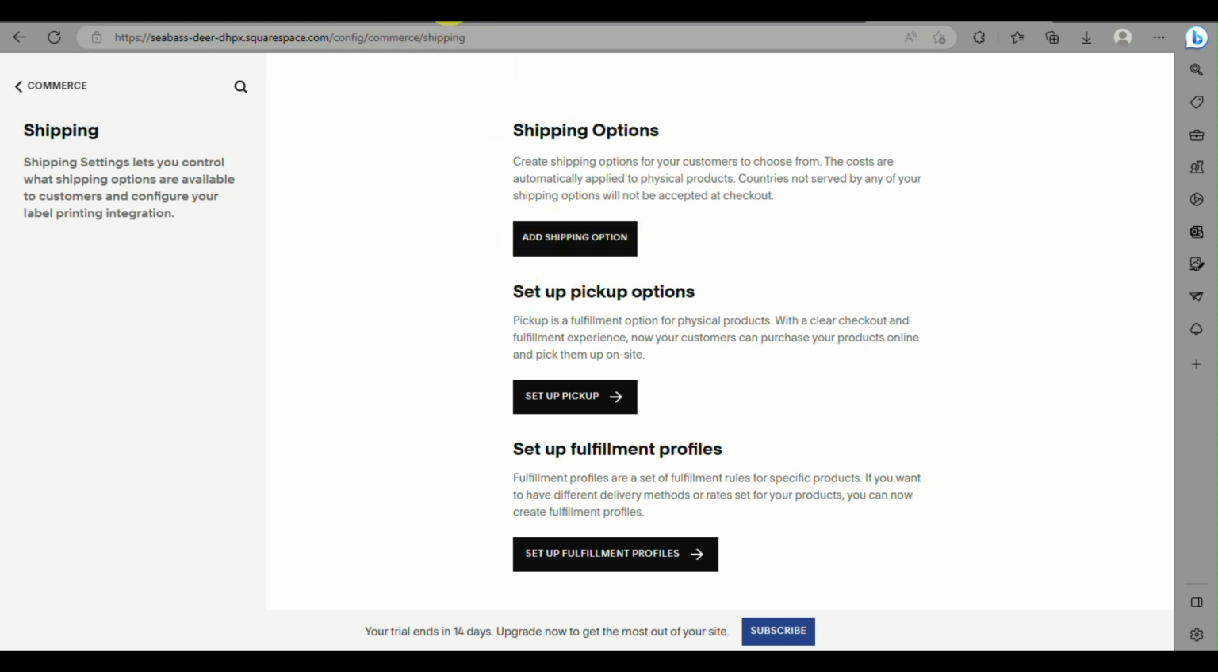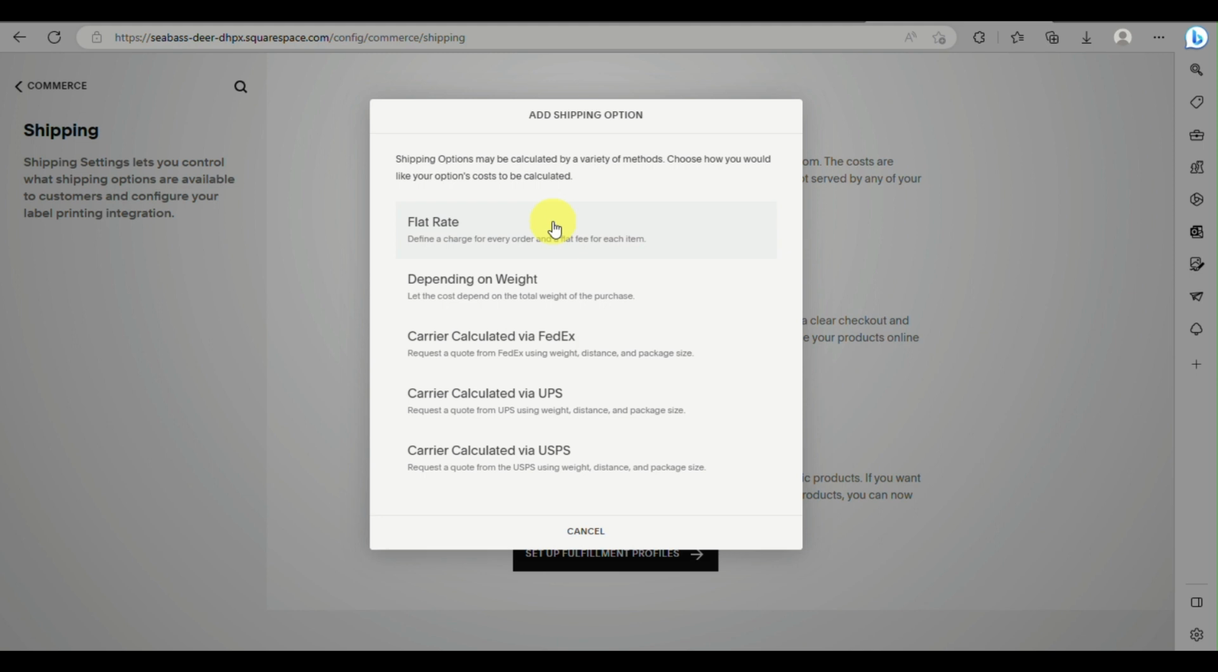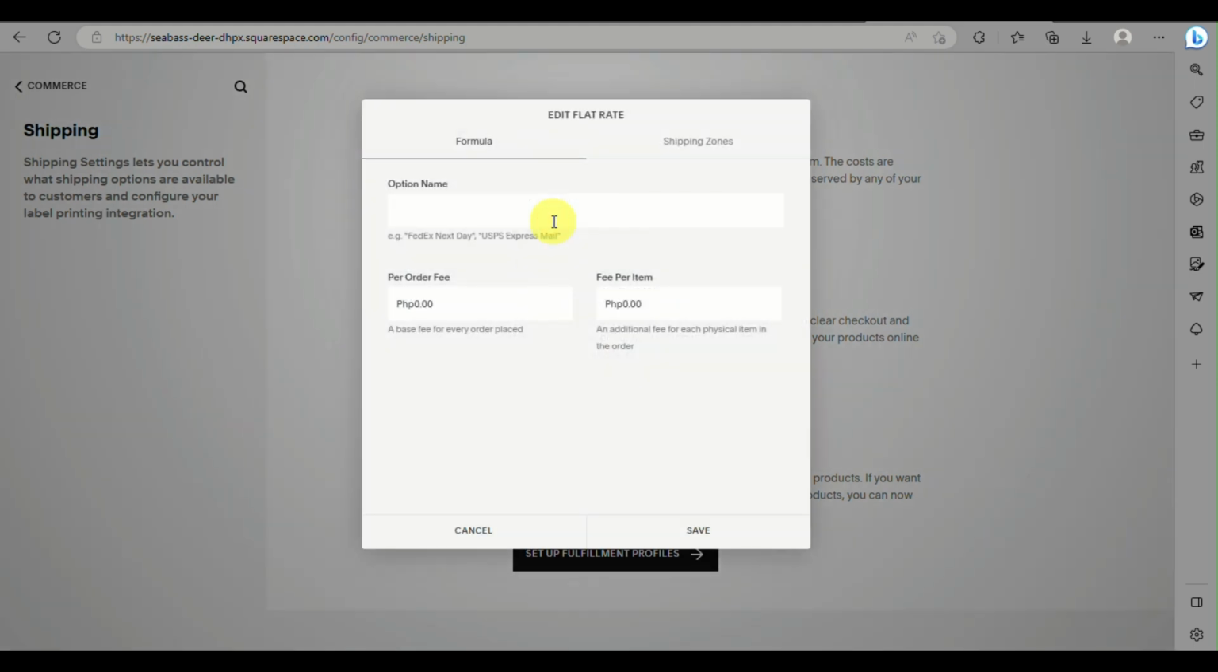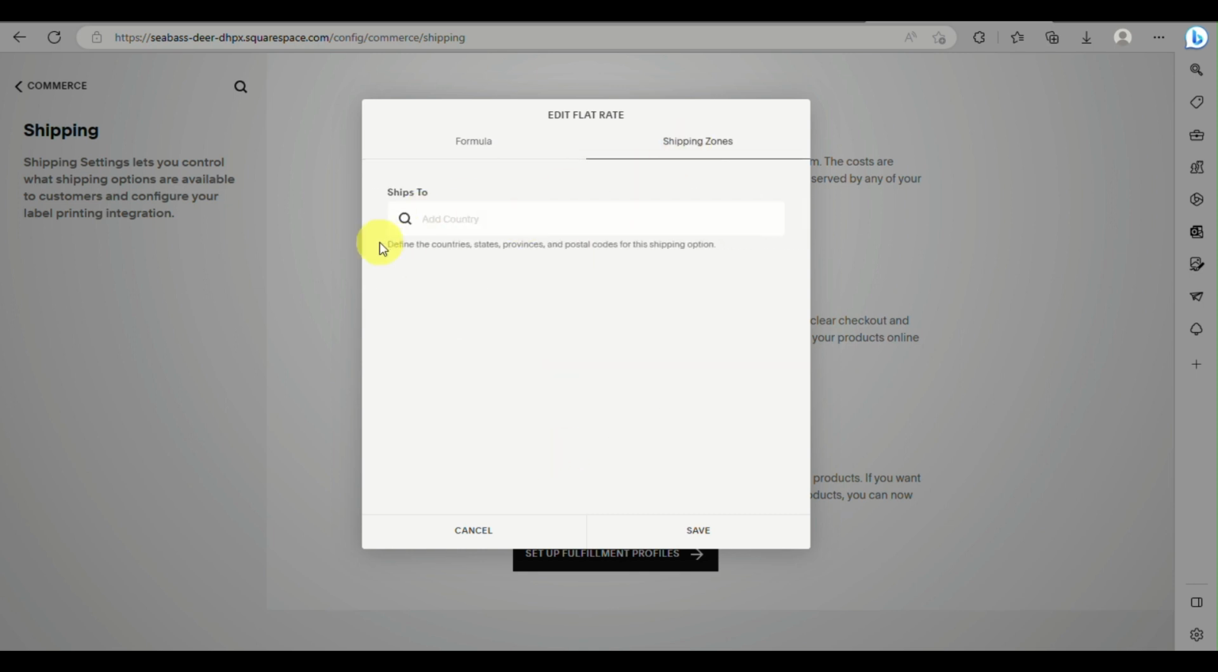When you click on the shipping option, what you need to do is to click on the first option here, and then you just need to input the name of the product or the name of your shipping process. And then for this to be on a free shipping, you just need to set the rates or the fees at 0, and then make sure as well that you input the shipping